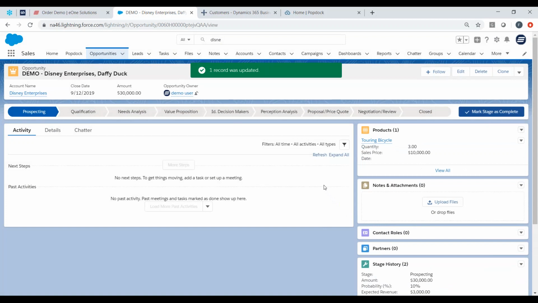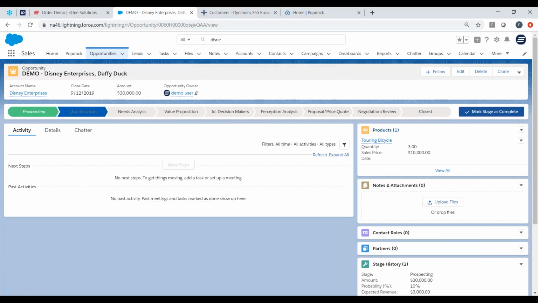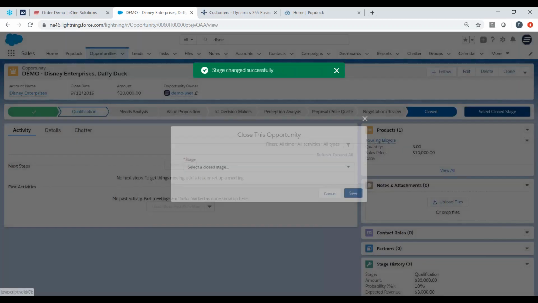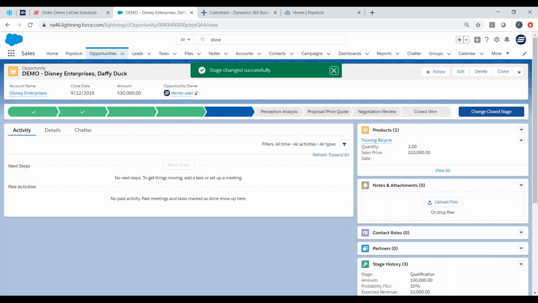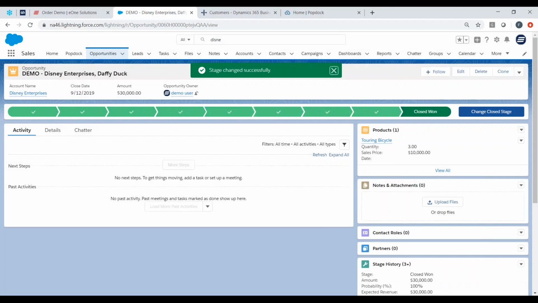So again, this is a very common scenario of creations and updates. If I go ahead and mark that opportunity as closed won, we've built some different triggers around this integration to say, okay, SmartConnect, we only want you to update Business Central when these opportunities are marked as closed won. So now when I mark that as closed won, that's going to fire a real-time integration between SmartConnect and Business Central. I should say between SmartConnect, Salesforce, and Business Central to take that opportunity and create a brand new invoice within